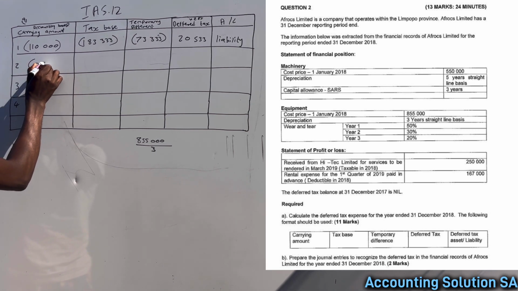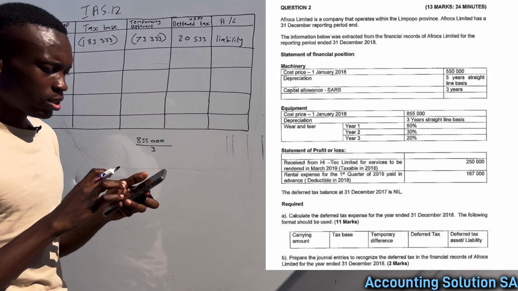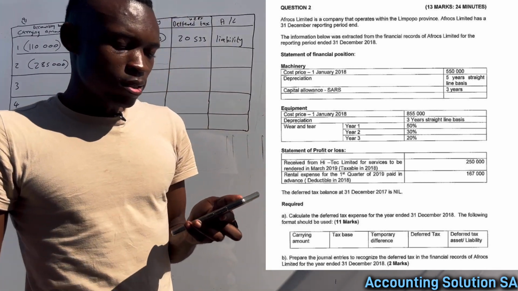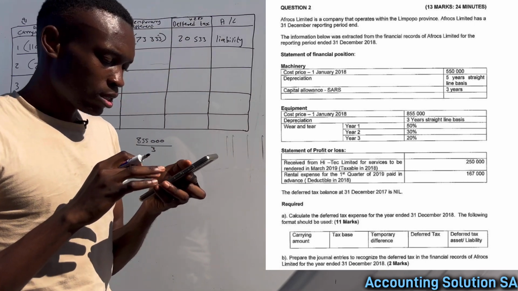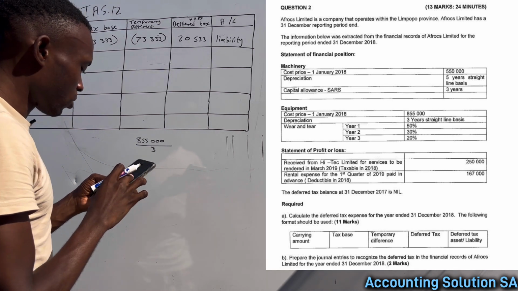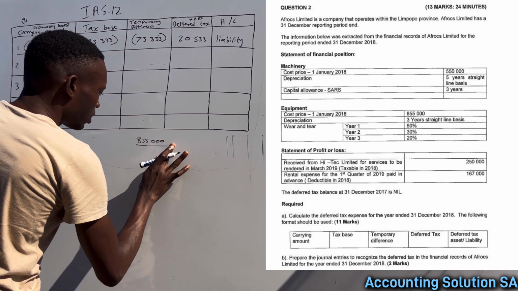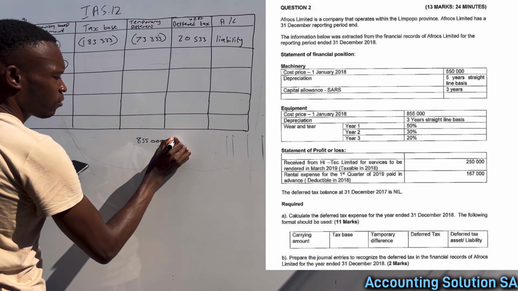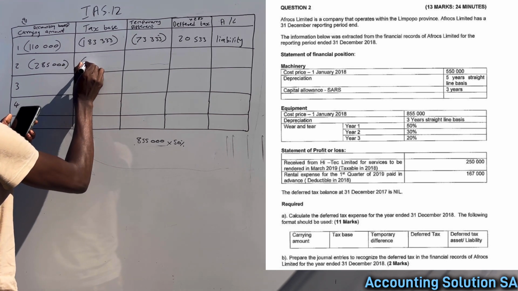an amount of 285,000. And let's check what they said about SARS. They said year 1 is 50%, year 2 30%, year 3 20%. Okay, we're going to use 50% in this case because it's the one which is year 1. Okay, which means that you're just going to multiply by 50% or divide by 2. Okay, it's going to give you